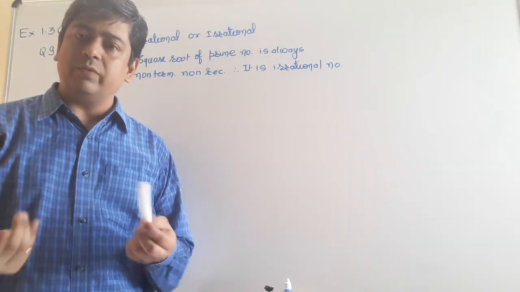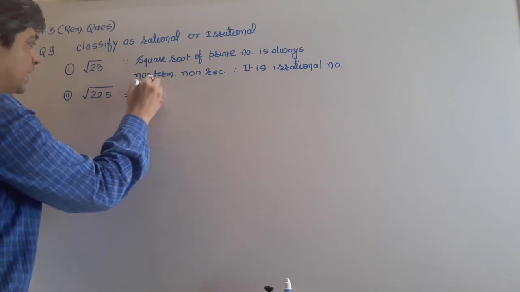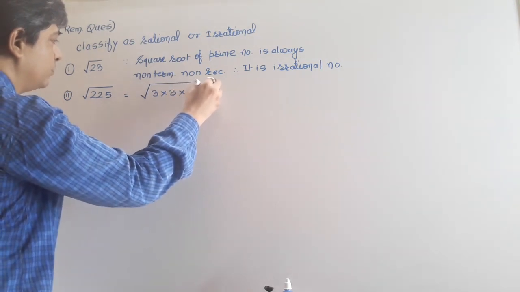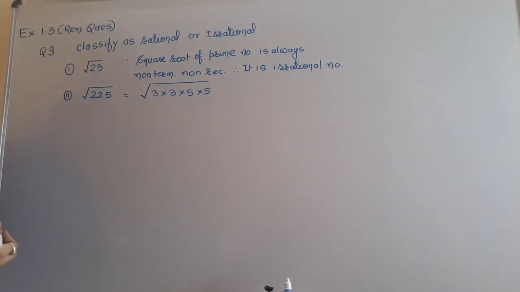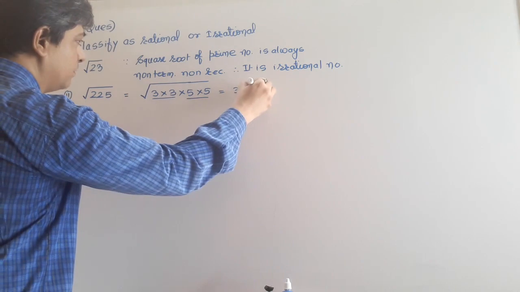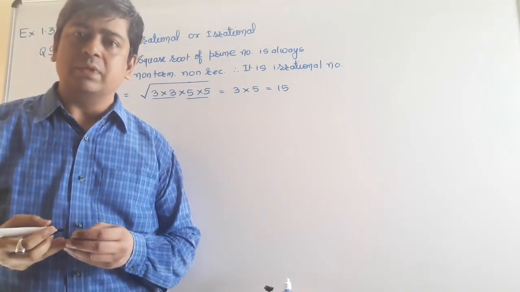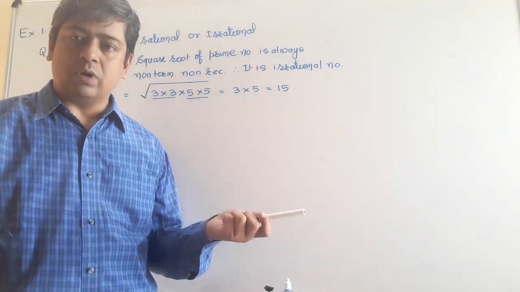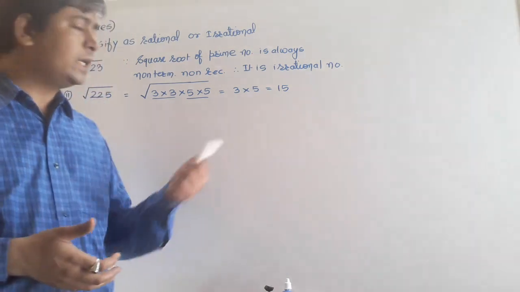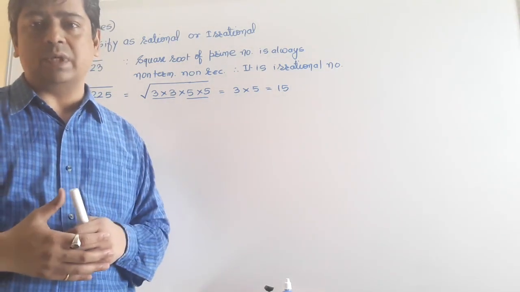Now students, 225 is not a prime number, so let us factorize it. Suppose I factorize, then after factorizing I will get 3 into 3 into 5 into 5. You can check whether this multiplication is coming out correct or not. Okay, so 3 is making a pair, 5 is making a pair, so both the numbers are making pairs. They will go out and we get 15, and 15 is simply an integer, meaning we can say it is a terminating decimal. We can write 15.0. However, it is not like that, but suppose if we categorize, then we can say it is not a non-terminating, non-repeating decimal. It is simply an integer.